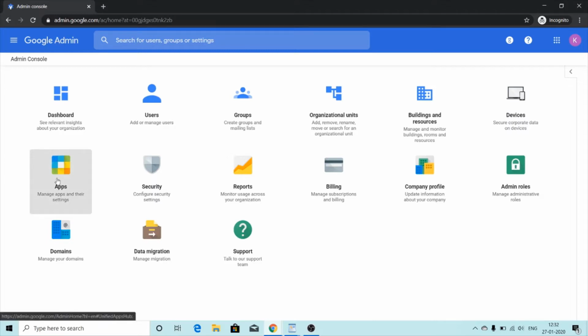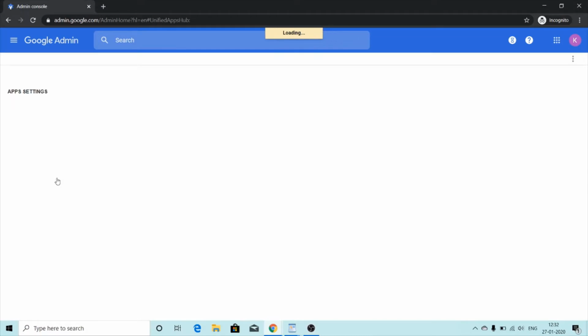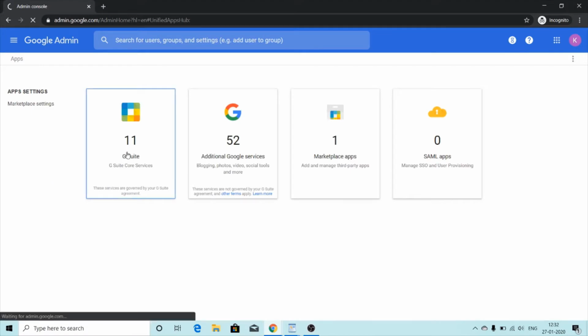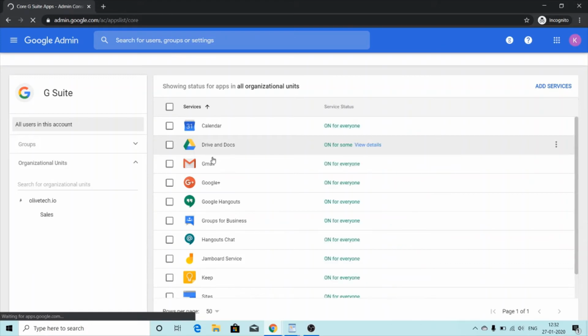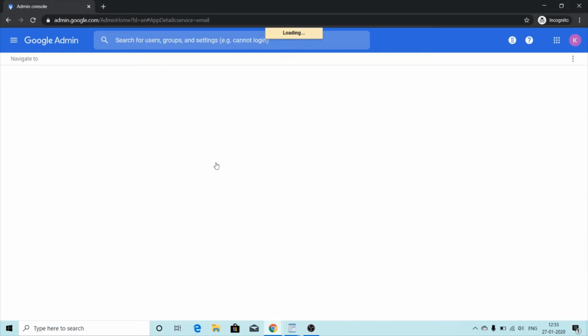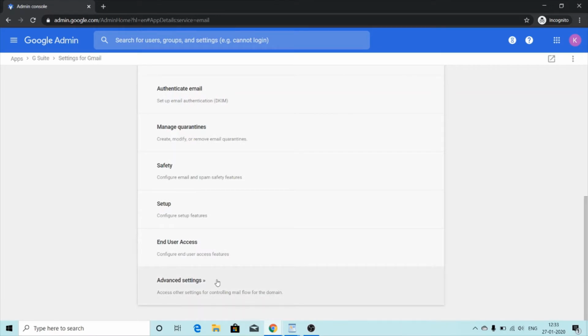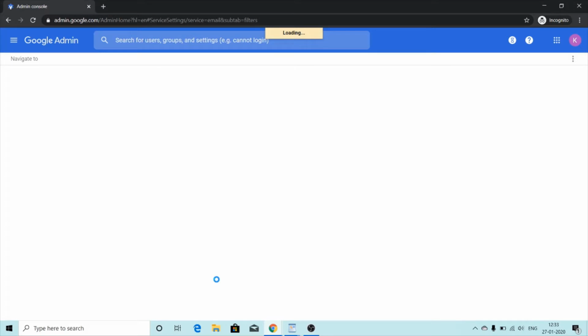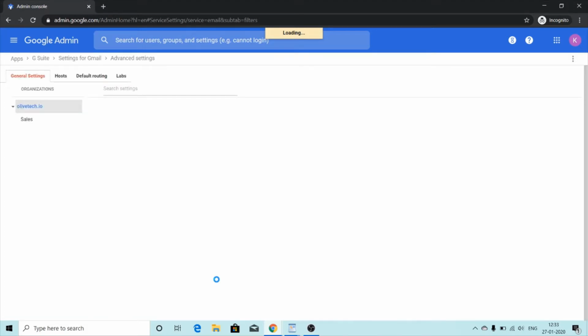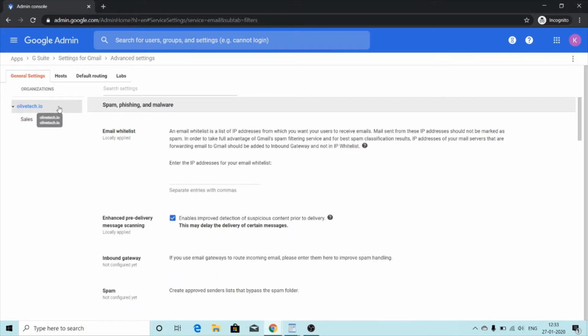We'll click on apps icon on Google admin homepage. We'll click on G Suite, Gmail, we'll scroll down and we'll find advanced settings. We'll click on advanced settings. We'll select the organization for which we want to set up a compliance rule. For me it will be olivetech.io, that is the parent organization, and then we'll scroll down to compliance section,